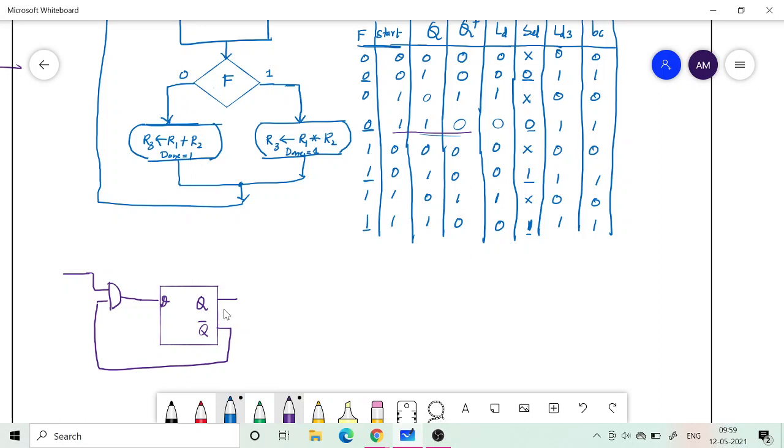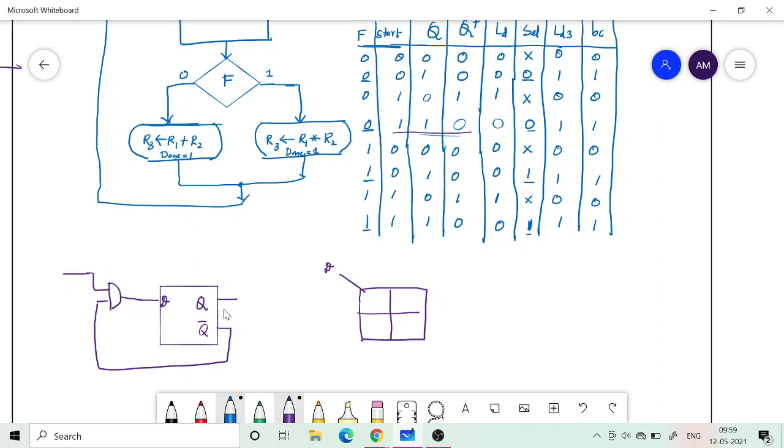If you want, you can put a kmap, but there are only two variables, start and Q. If you do the kmap for it, it's trivial. Q plus is the same as D for a D flip-flop. That's an advantage. So that's why I did not write a D input separately.